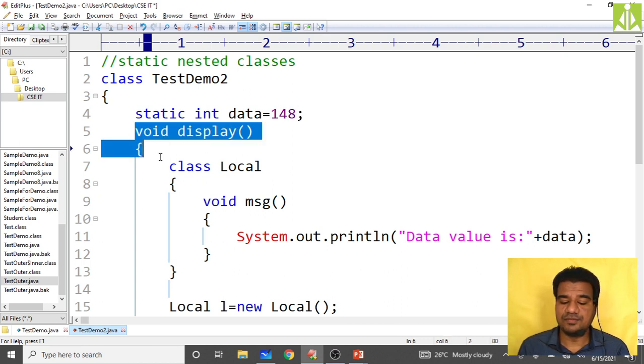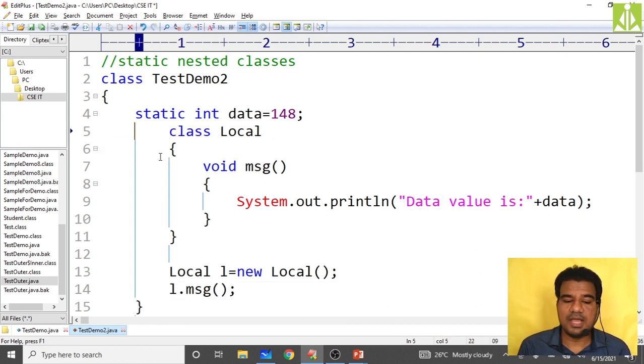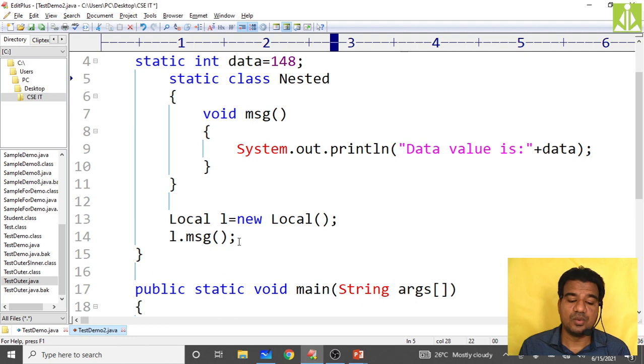Then no need of this display. Make your class itself as static. Static class, not local. You make the name as nested, and make the message print the data value. Then no need to create this over here. Sorry.